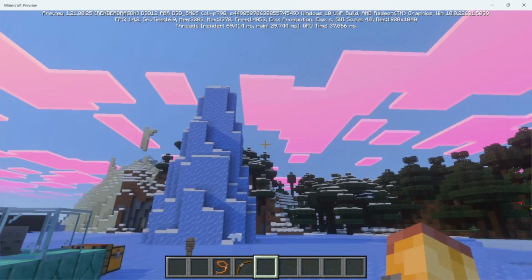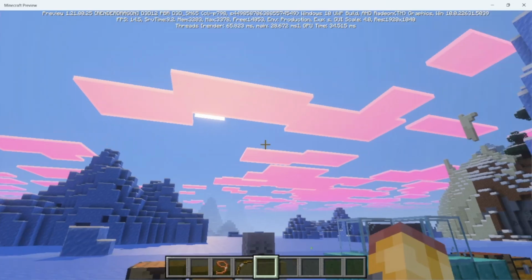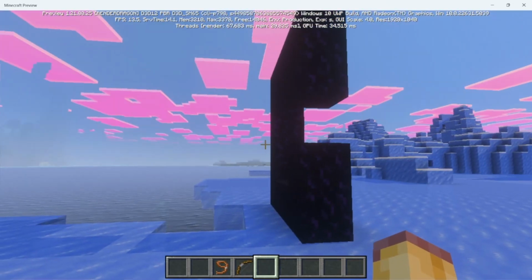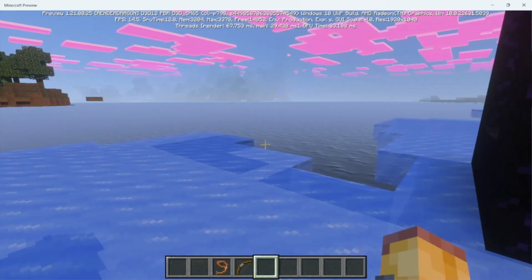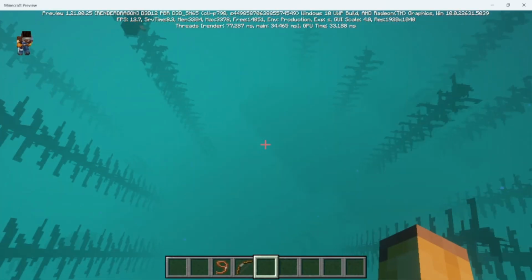I will say though, there's a weird thing going on with the clouds. It's probably with a certain setting off, but they just stay pink. I don't think they're supposed to just stay pink because in the night it also looks very pink, and I don't know why. But overall, very cool visuals. I especially love the water. If I go down here, kind of swim under,